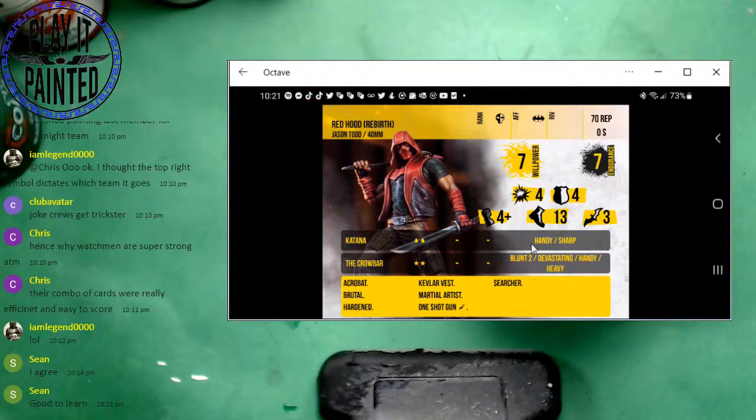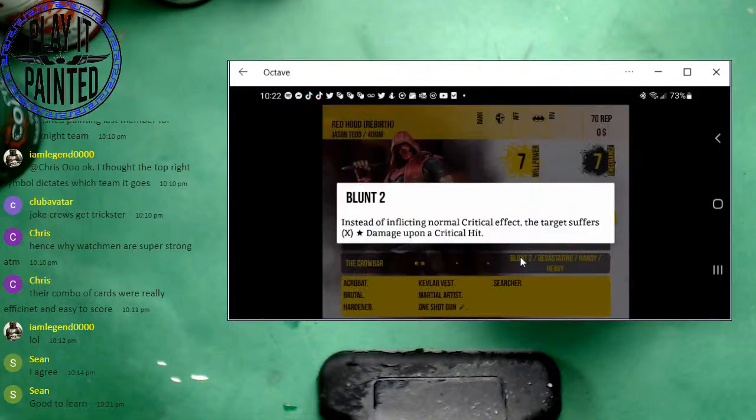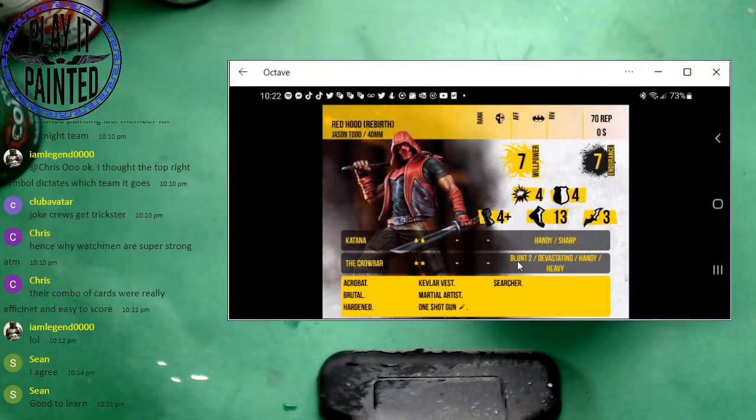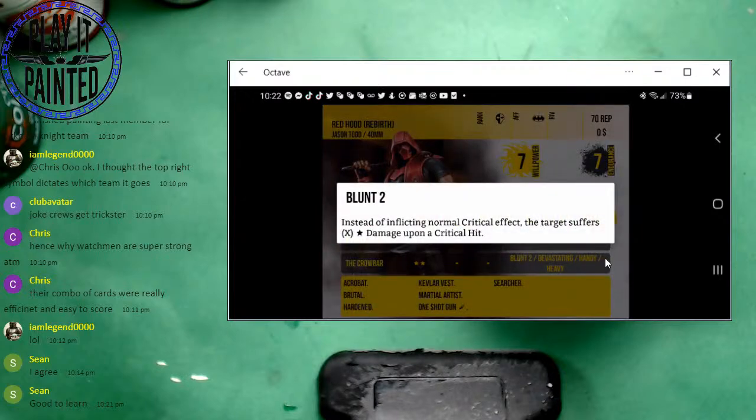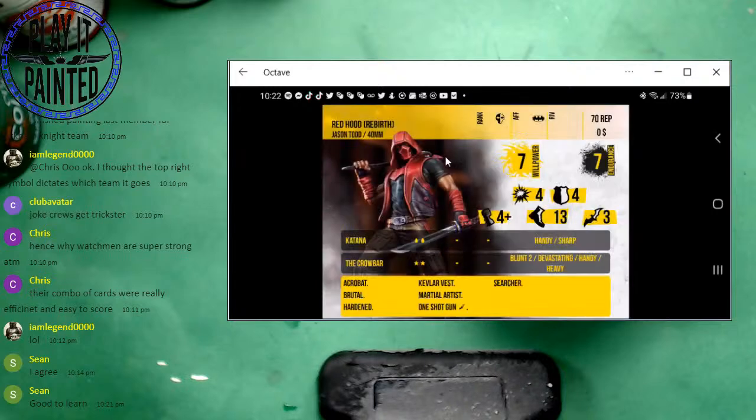Both his weapons have handy. That's amazing, right? Blunt 2 means if you crit, you're going to do 4 unblockable stun damage. That's amazing. What I really like about him too is he is super good against firearms due to both